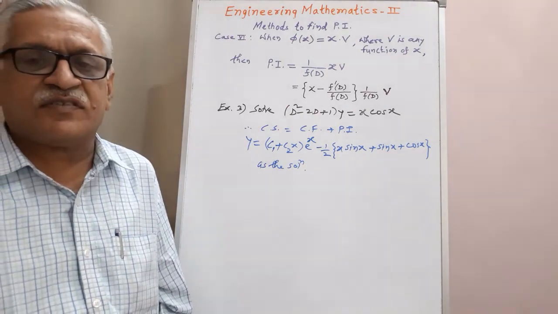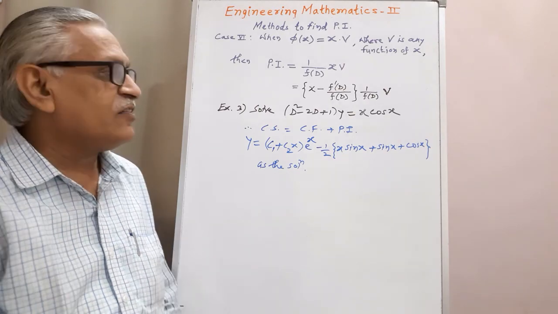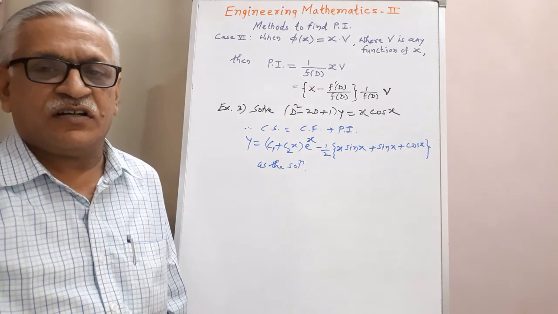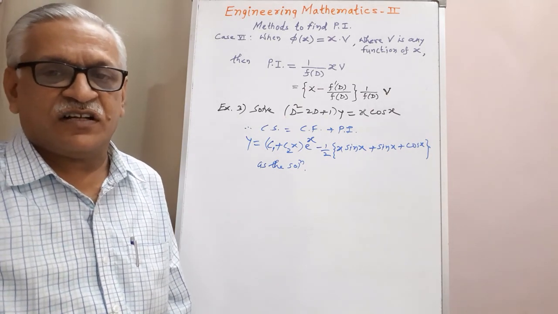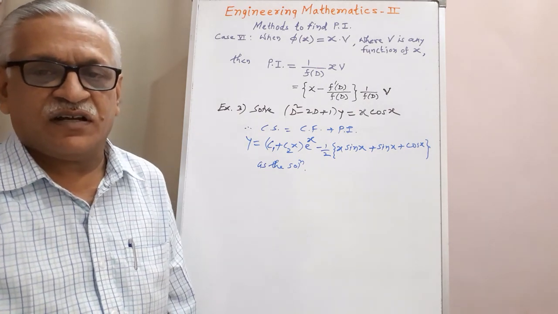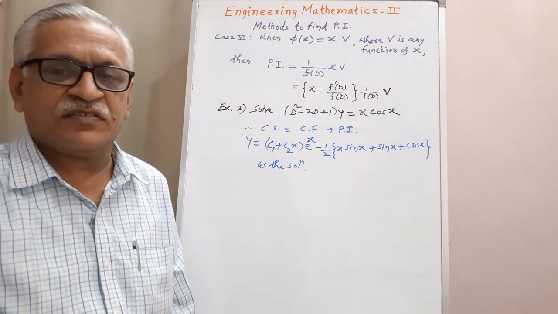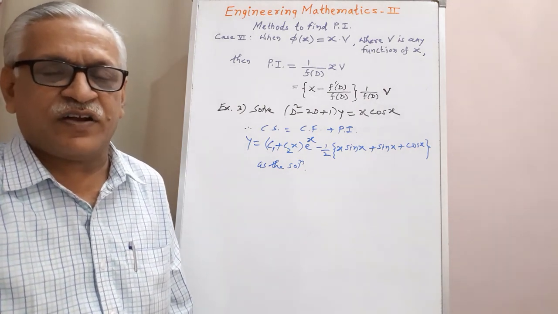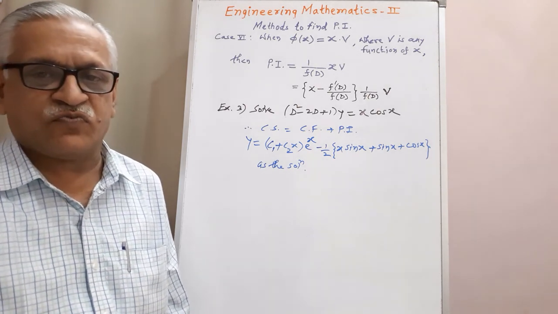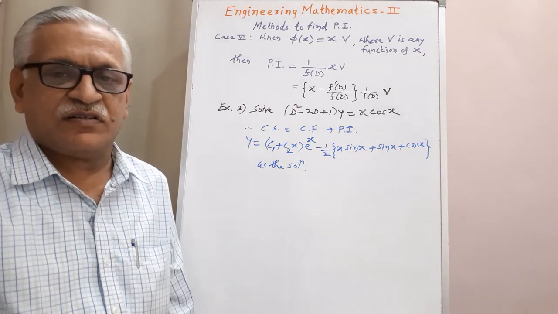Okay, therefore with the help of these 3 simple examples I tried to explain how we can obtain P.I. when that function is in the form of x into v. Therefore, I have discussed a total of 6 different cases for finding P.I. by shortcut method. In my next video, I will discuss another technique to find P.I. if those shortcut methods are not applicable or useful. That technique is the method of variation of parameters.